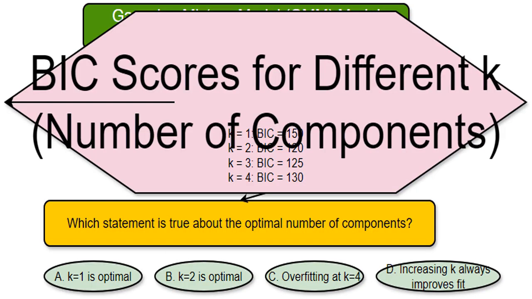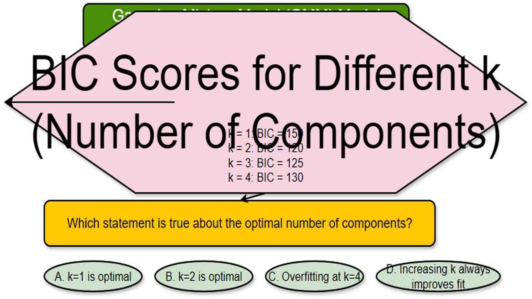The Bayesian information criterion, BIC, is a way to measure how well a model fits the data while also penalizing the model for being too complex. Imagine you're trying to fit a curve to a scatter plot. A simple straight line might not fit well, but a highly complex curve might overfit the data and not generalize